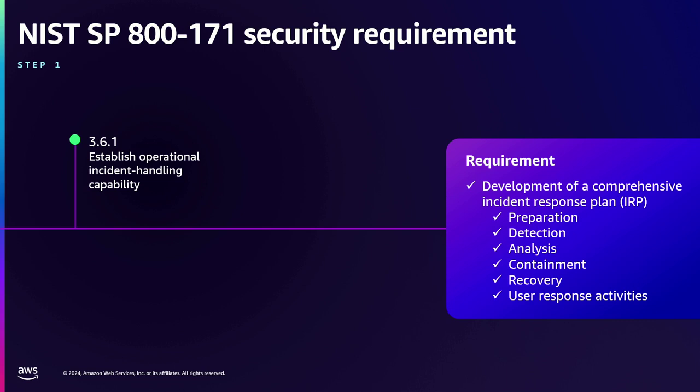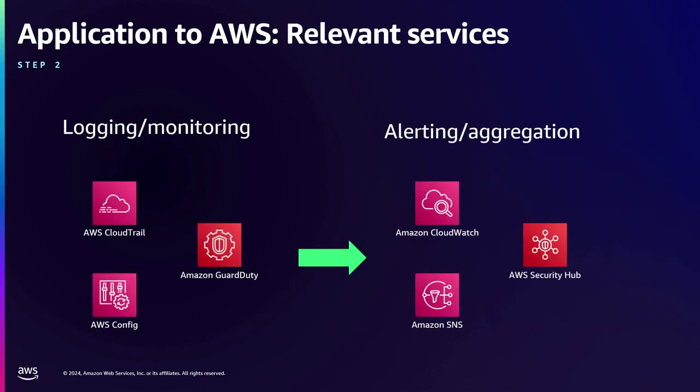And then when we think about step 2, this is really the core of our course. It'll talk about some of the core security services when it comes to AWS. And so we start with logging and monitoring on the left, moving over to the alerting aggregation. But you can see everything from AWS CloudTrail, which is our API logging service. It allows you to track any sort of actions occurring within your AWS environment for triage, in case you need to go back and identify what actions led to a potential security incident.